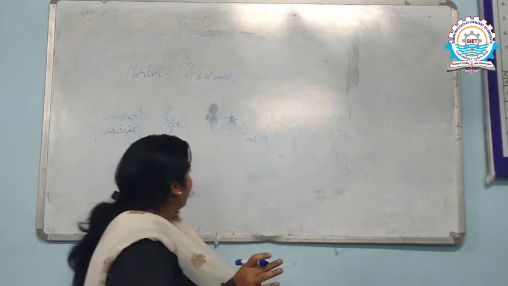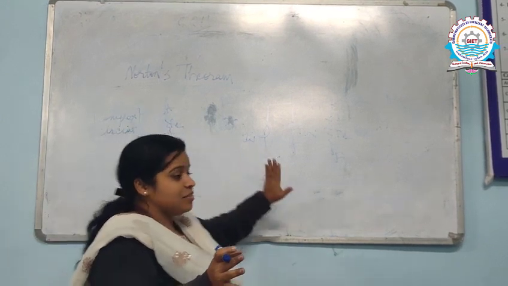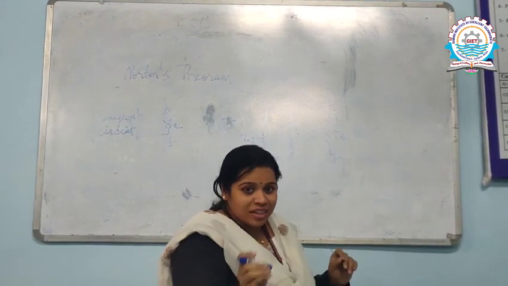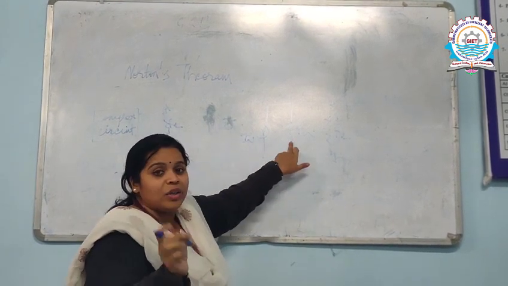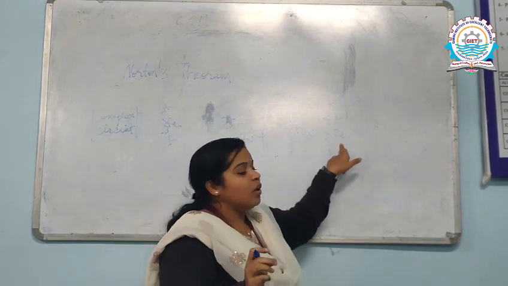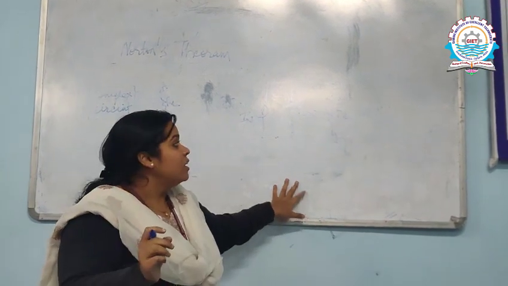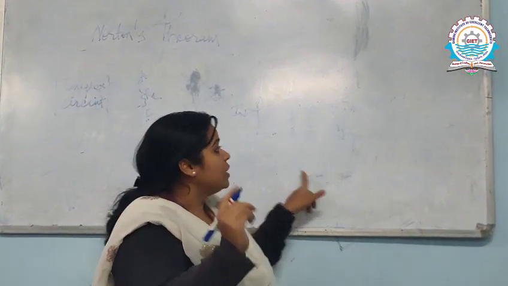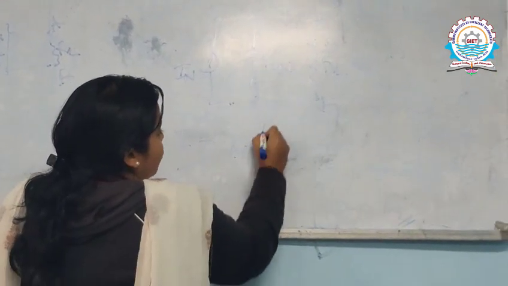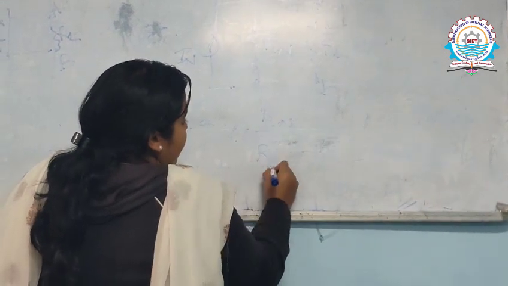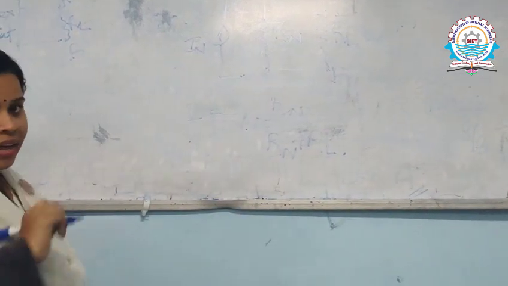What is the difference? The complex circuit, across the AB terminals you have the load resistance. This complex circuit is reduced to its Norton equivalent circuit, where IN, the Norton's current, is in parallel with the Norton's resistance, and that is parallel with your load resistance, with the main current I flowing. So the main thing is, here we have to find out the Norton's equivalent circuit and the main current I, and the main current I will be found out as IN into Rn by Rn plus RL.